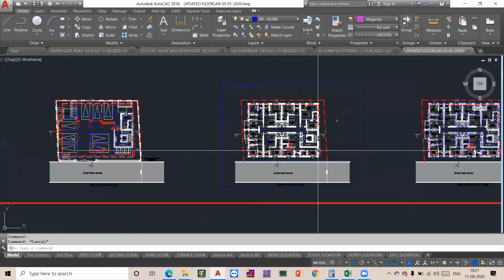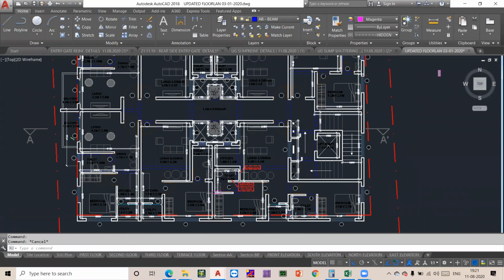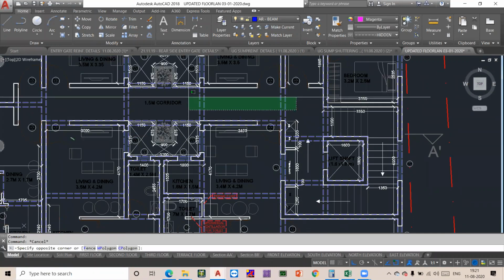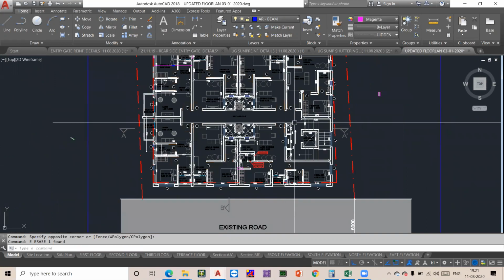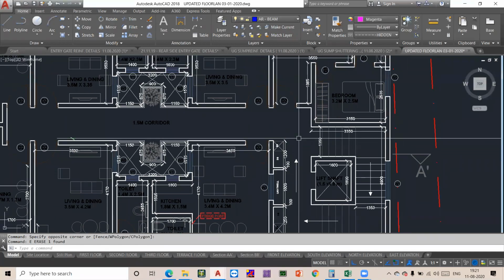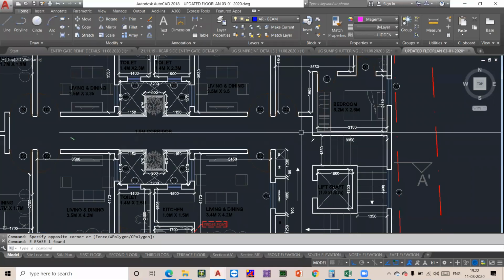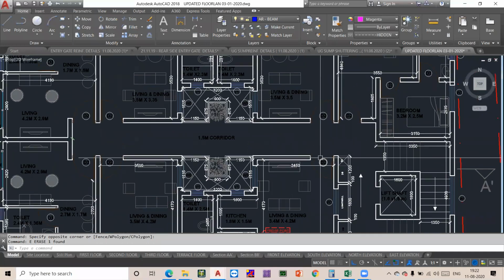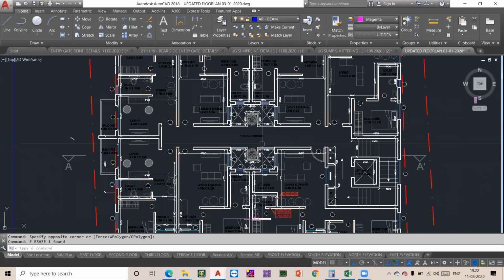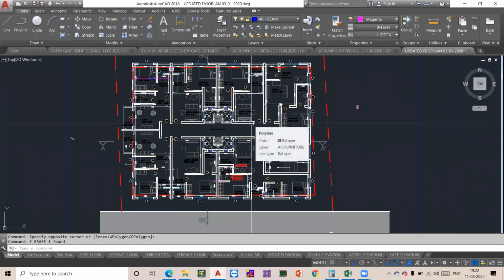Okay, this architectural plan contains a staircase here and a lift. You will be accessing this floor. Okay, this is your architectural plan. You will be entering into this floor using this lift as well as this staircase. Okay, you are having various number of units here. This is one unit, this is another unit. Likewise, you are having 1, 2, 3, 4, 5, 6, 7 number of units in one single floor. Okay, each floor contains 7 number of units.